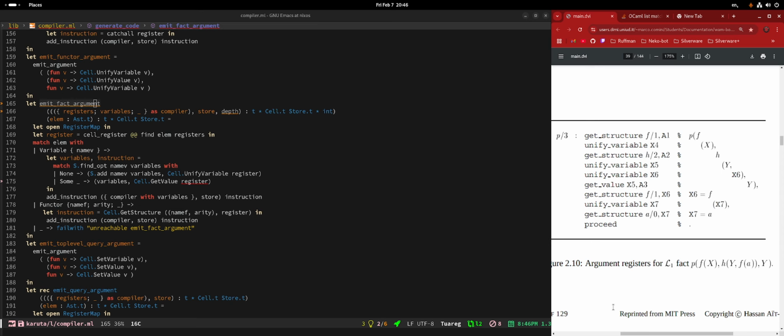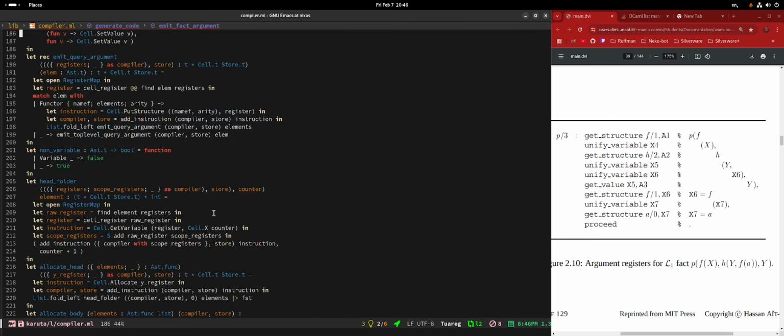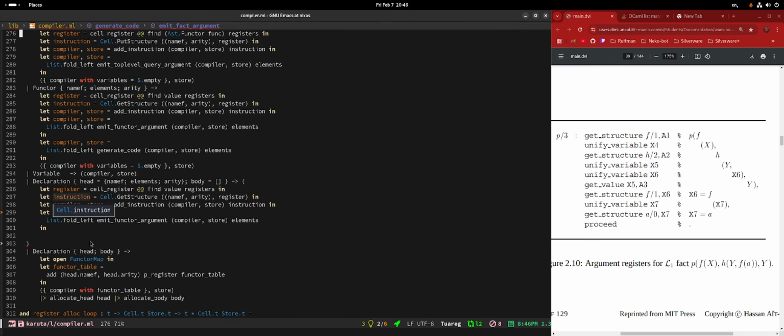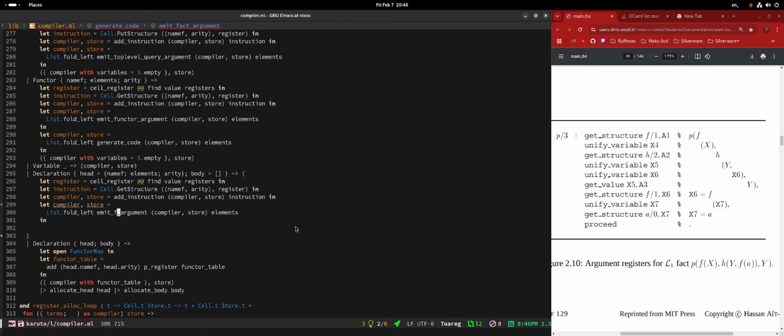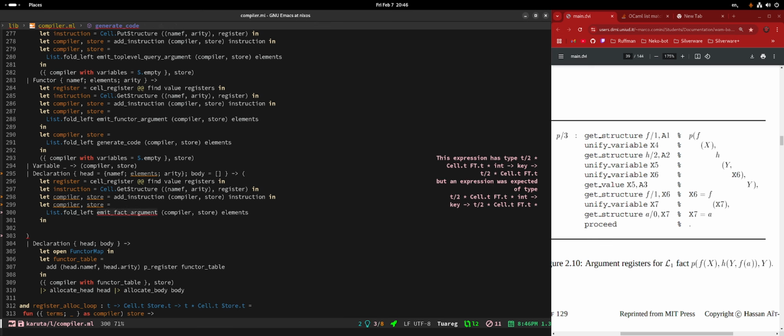Okay, when we call this function, emit argument, fact argument, down here, this is gonna be this thing, correct? Correct. So here's my thing. These elements are on this list here. Agree? Agree.